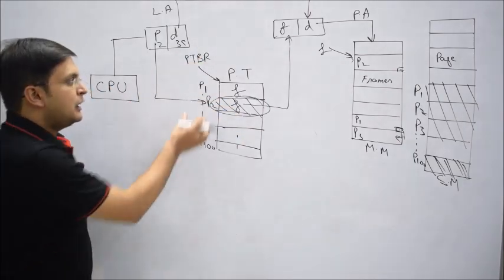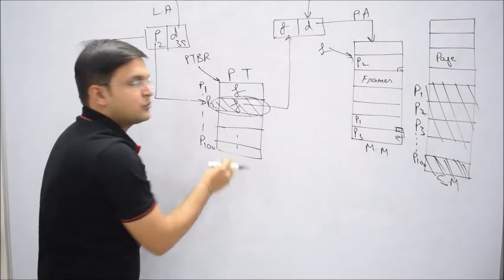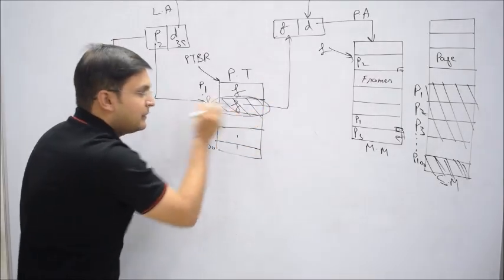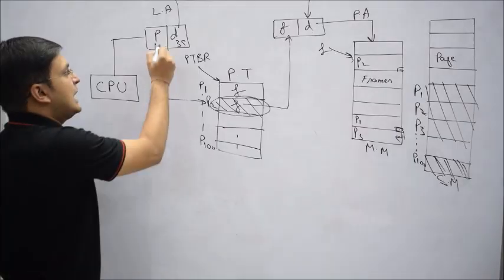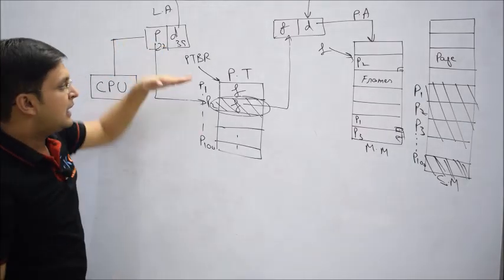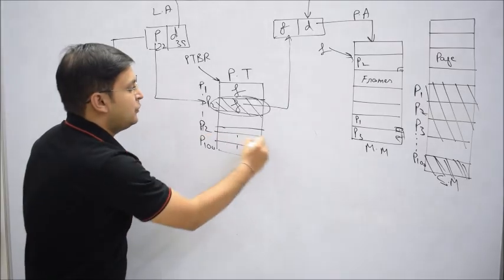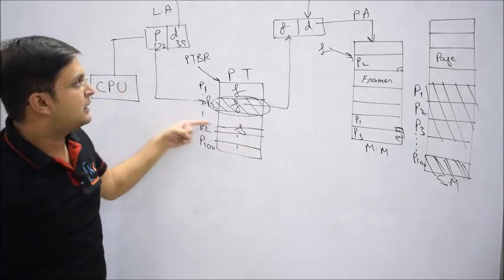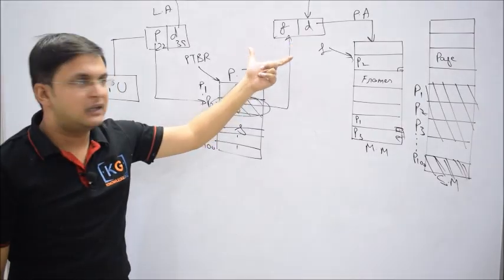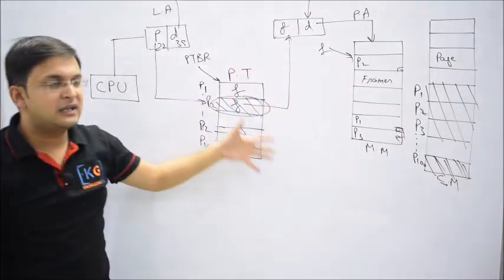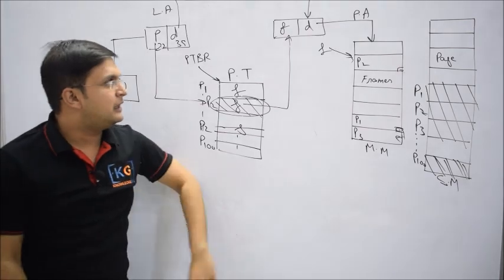So what have you done? You remember the frame number of every page, which of my pages is stored where. As soon as you store a page, you immediately write it down here, so that in future if your process says okay I want to access page number 22, I'll go find page number 22 by index, and whatever frame number I get, I'll combine that frame number with the instruction offset. That'll become a physical address, and with this physical address I will access what? Main memory. So you see, it's a very good idea.